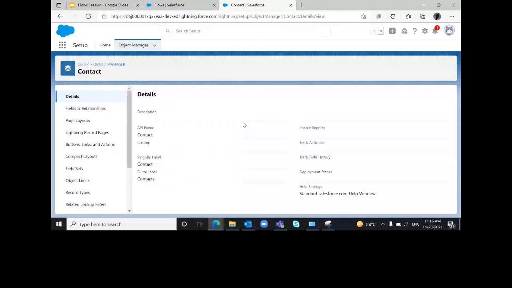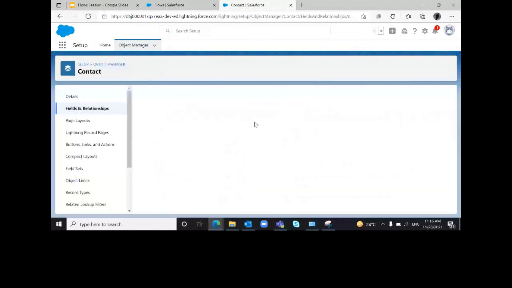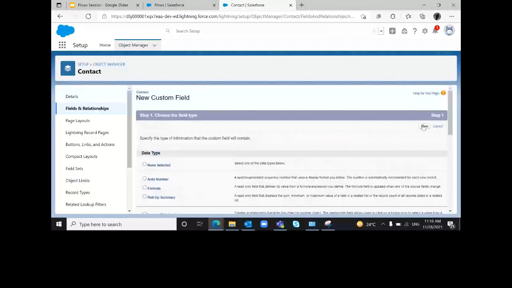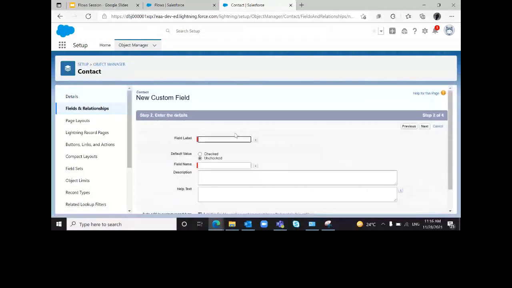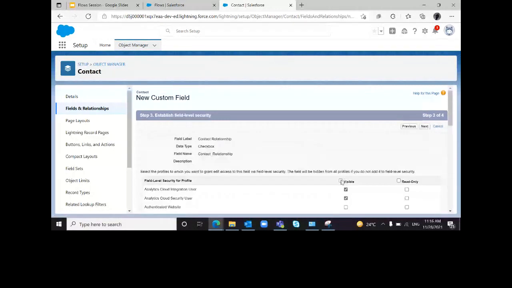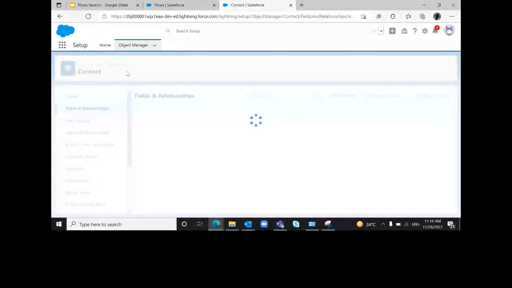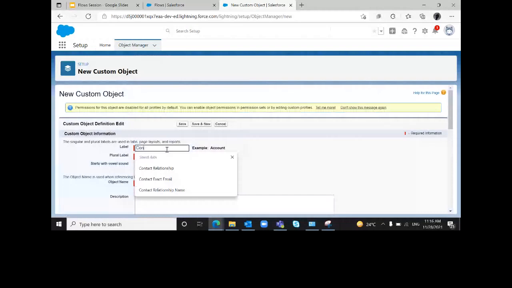In this, I am creating a field called contact relationship, which will be of type checkbox. So I've created a field called contact relationship in the contact object. Now I'm going to create a new object called contact relationship.